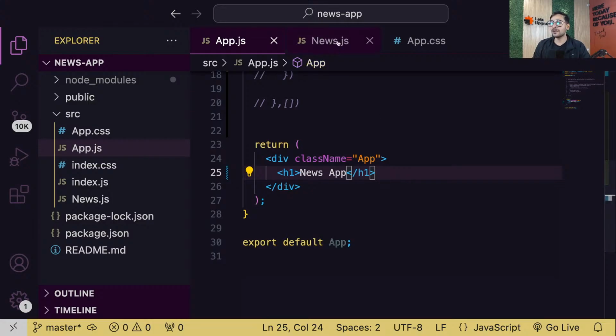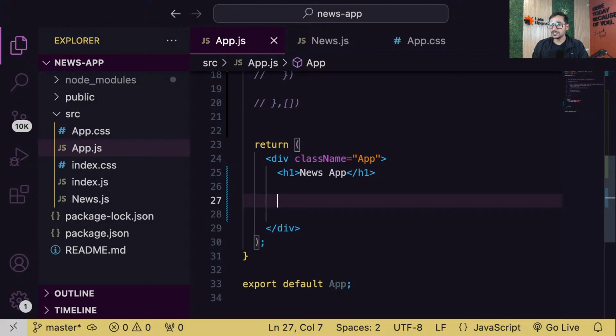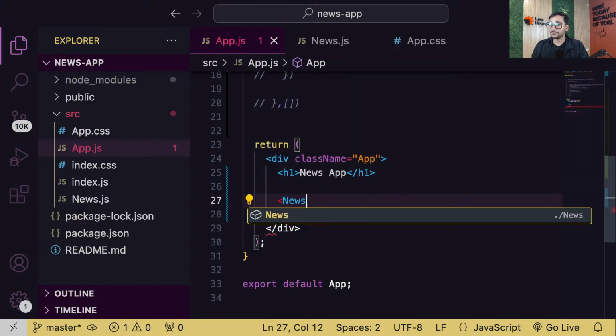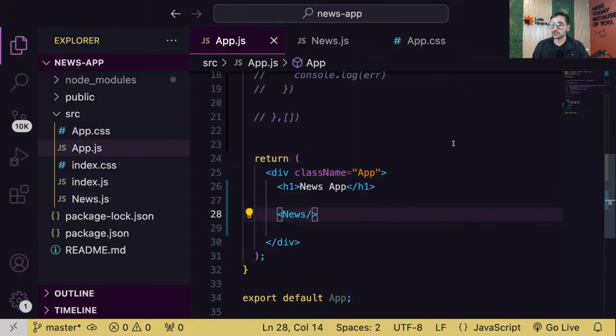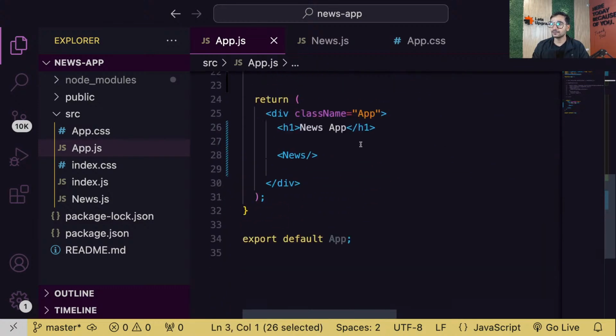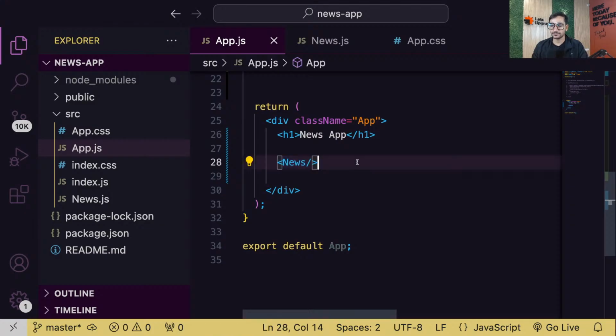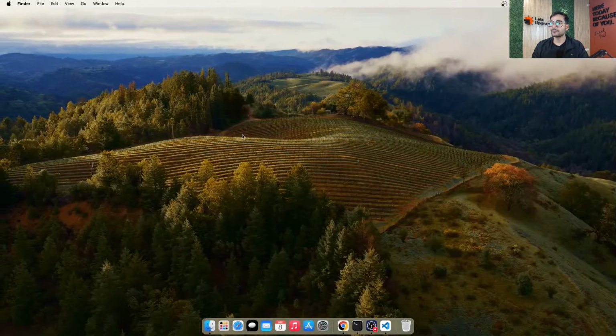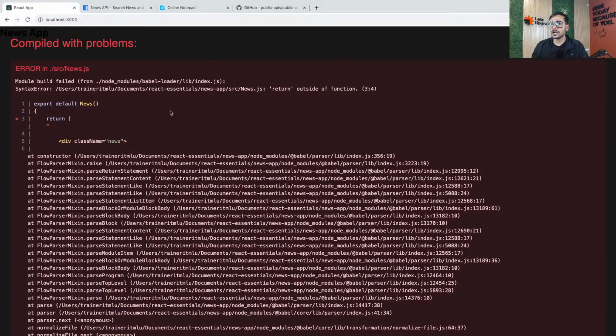Okay, so let's go, everyone. Let's load the news component here quickly, just to see if it is working. So news, and don't worry, it is also imported here. You can see the news component is imported. Okay, and we have made a mistake.